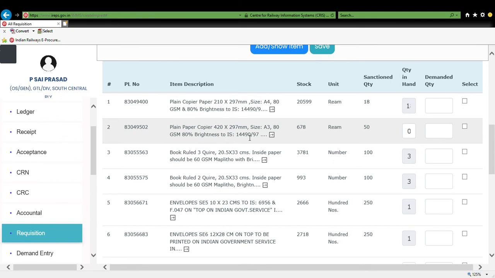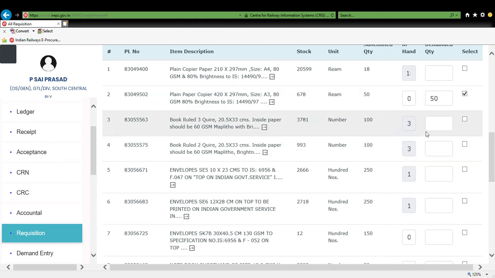This is also Xerox paper, A3. My stock on hand is 0. My sanctioned quantity is 50. Now I am entering 50 because 50 minus 0 is equal to 50. Now you can check on it. You can click on it.